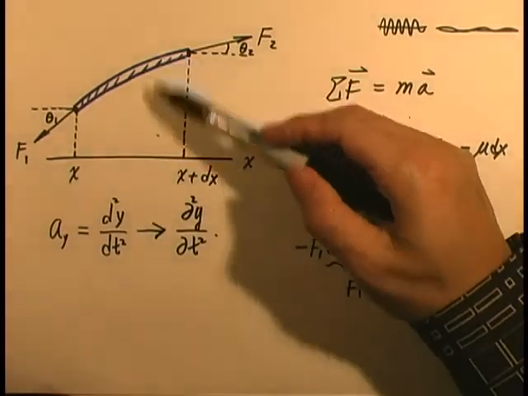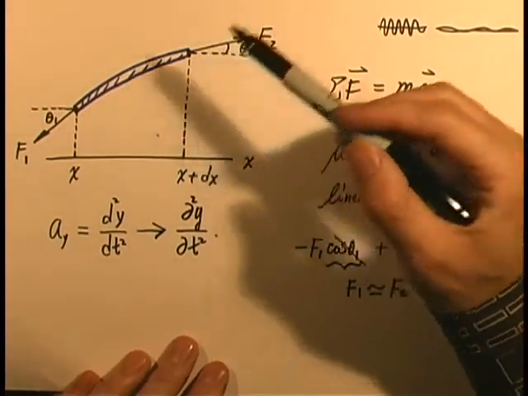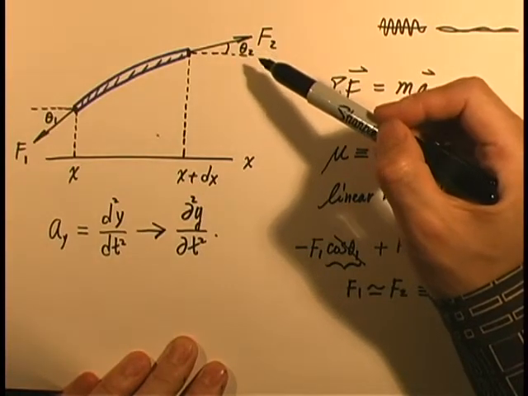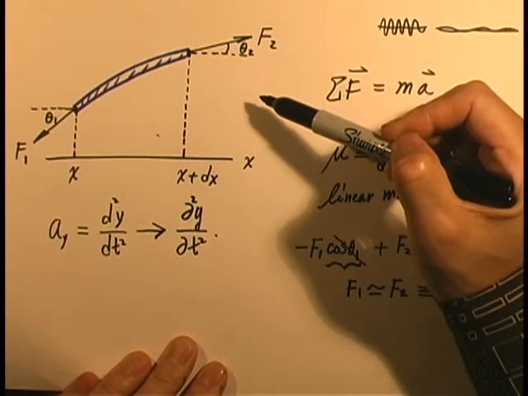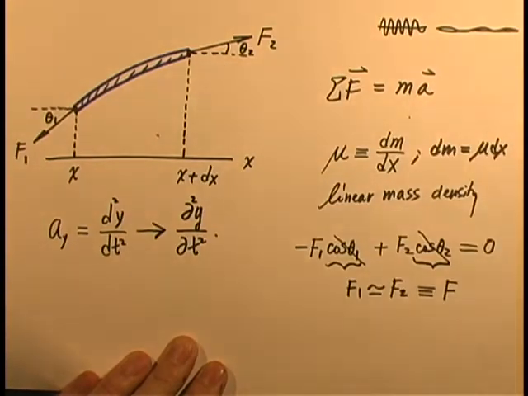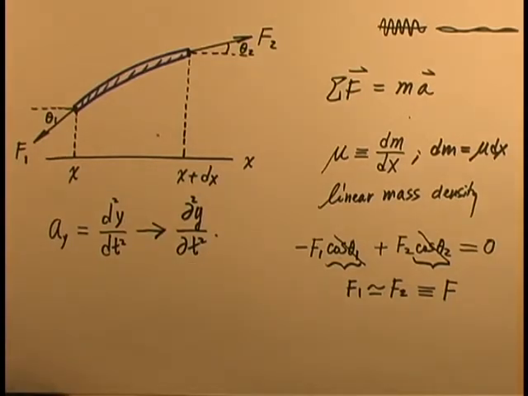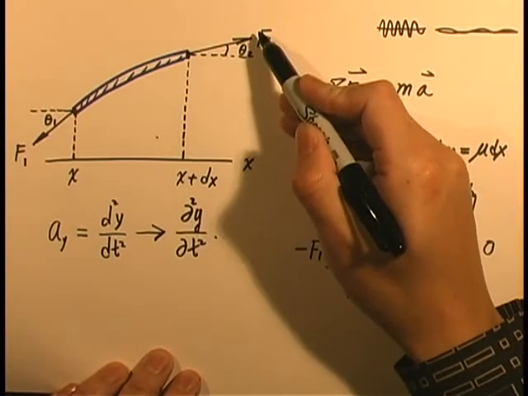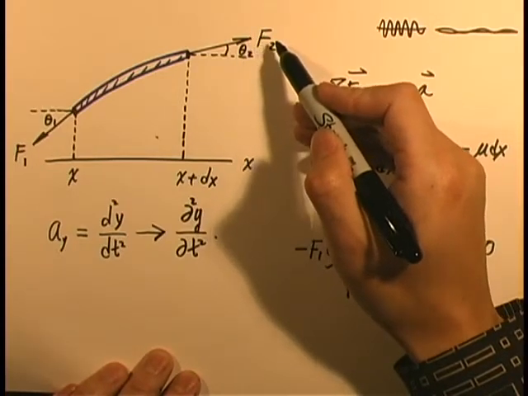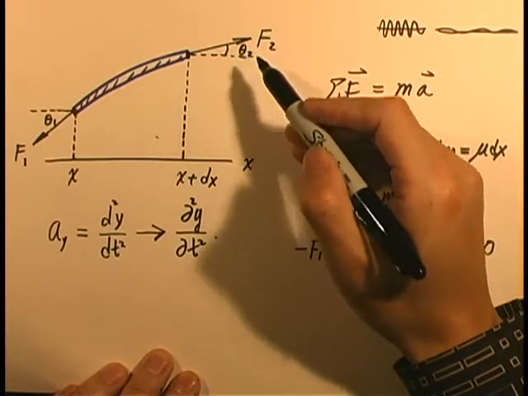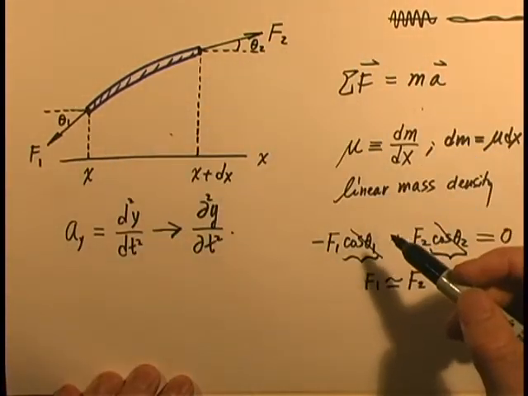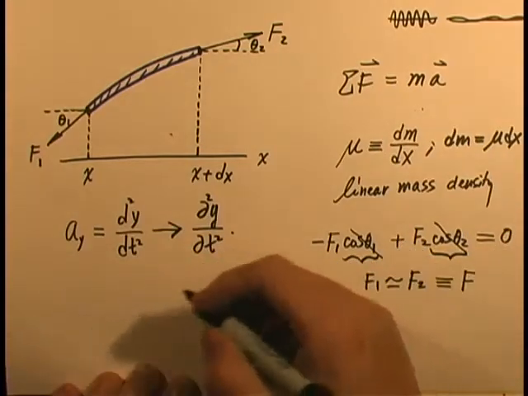You know it does move in the y direction, right? This tells us that the net force in the y direction cannot be equal to 0. Okay, so the question is, what is that force equal to in the y direction? That gives you this much acceleration. Okay, in the y direction, this guy has a component upward, which we call positive. And what's that component equal to? That would be F2 times sine theta 2, right? So you got F2 times sine theta 2. Remember, F1 and F2 are roughly equal to the same value F. So let's call it just